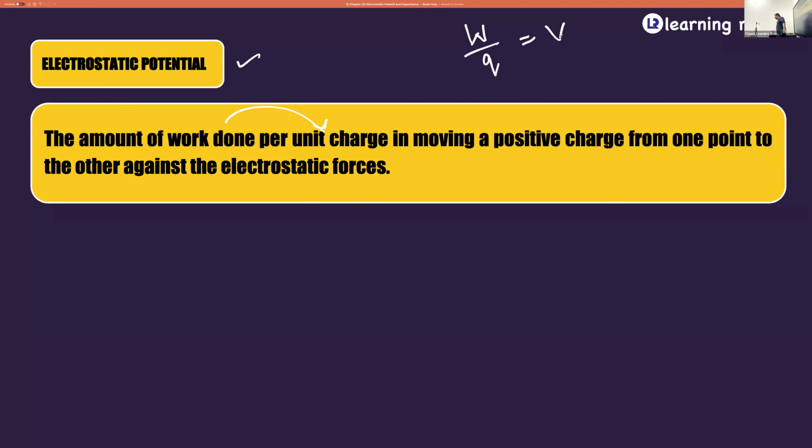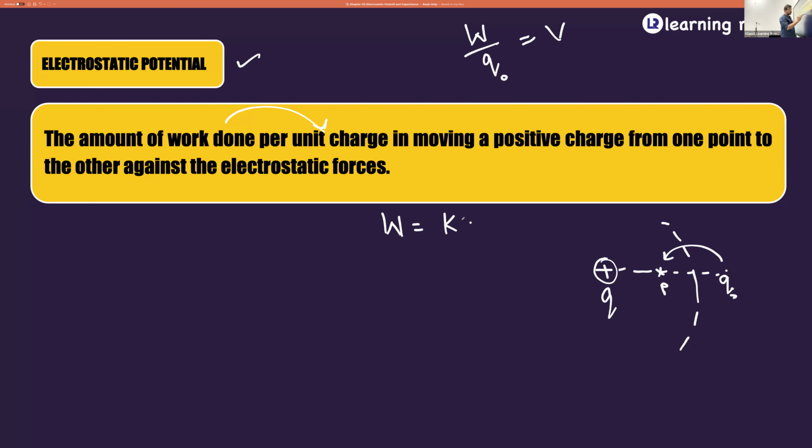Did you all understand what electrostatic potential energy is? Is there any doubt in that? Listen to this. When you talk about electrostatic potential, there's a very important term here. If you calculate the amount of work done and divide it by the charge that is actually moved, meaning if you take this to be the source charge and this to be the test charge, when you move this Q naught from infinity to some point P, what is the amount of work being done?